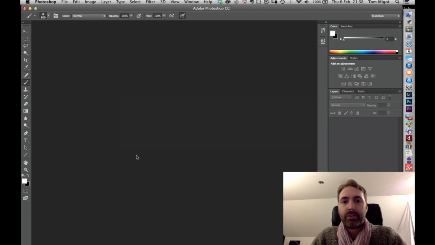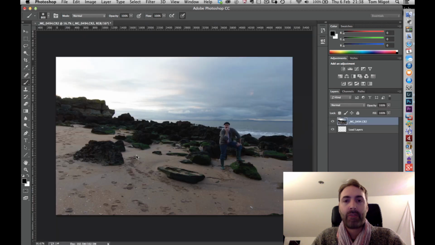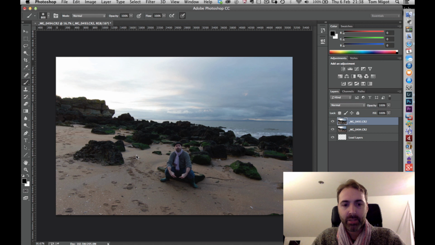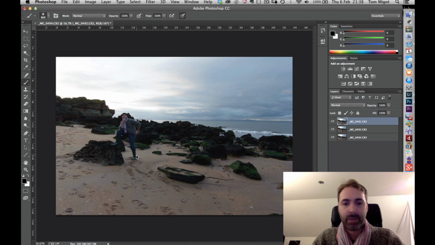So what we're going to have is, instead of having one project per image, we're going to have one project and every single image is going to be open as layer. So you see it's loading them. It's taking a wee while. This is not my normal machine. I'm currently on the MacBook Air and not on the iMac, so it's slightly less powerful. And that's it. It's done.